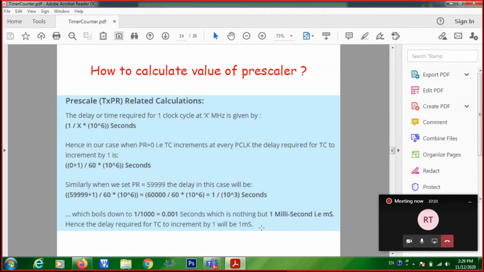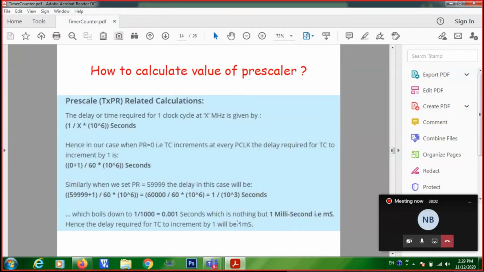Right? So if you configure the prescaler register with 5999, what will be the resolution of your timer, provided the peripheral clock is 60 megahertz? 60,000 by 60 megahertz, so that will be 1 millisecond. This is known as the resolution.